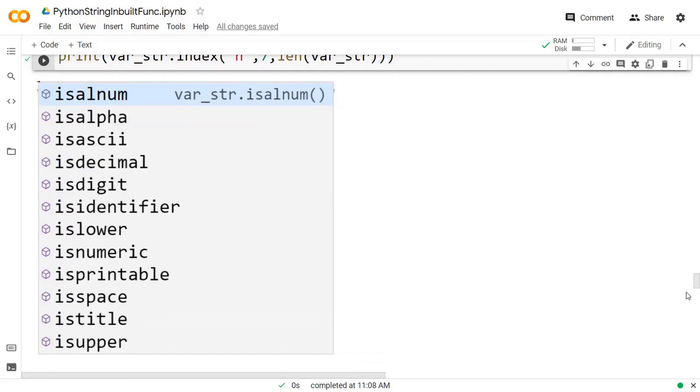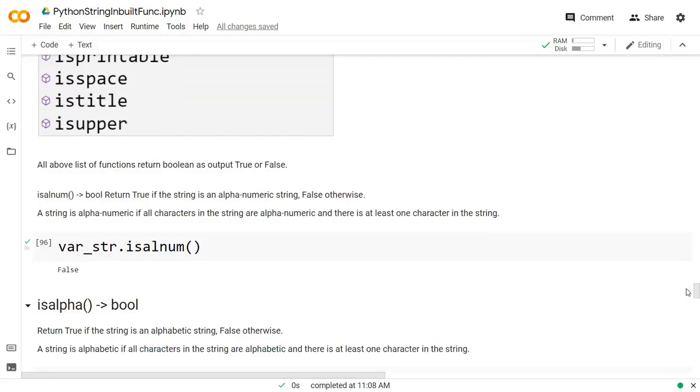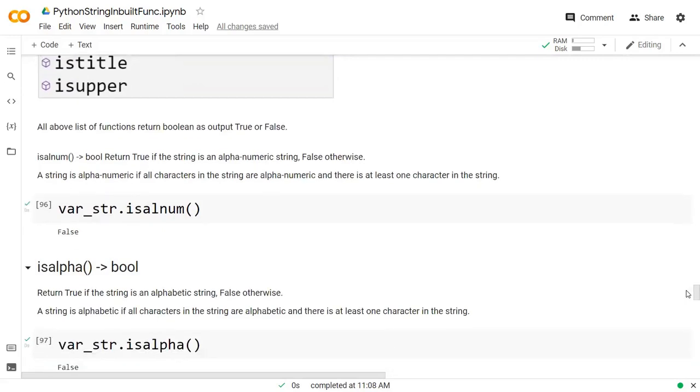You can try it with many different combinations. Right here you can see I have used Python programming as a string, and on the basis of that I have picked the output for it.